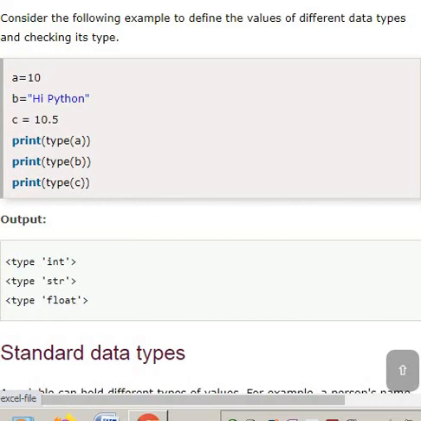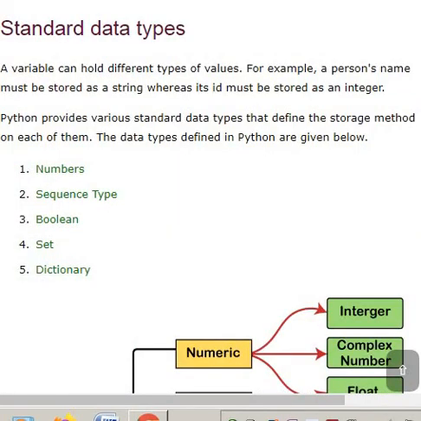So type int, type string, and type float. So we have some standard types here.